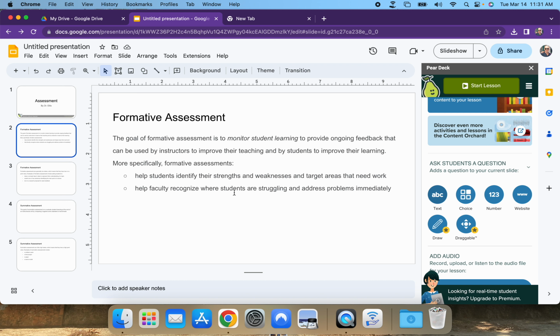Then if I start teaching about formative assessment, the goal of formative assessment is to monitor student learning, to provide ongoing feedback that can be used by instructors to improve their teaching and by students to improve their learning. More specifically, formative assessments help students identify strengths and weaknesses and target areas that need work, and help faculty recognize where students are struggling and address problems immediately. So if I wanted to build in a choice on this one,